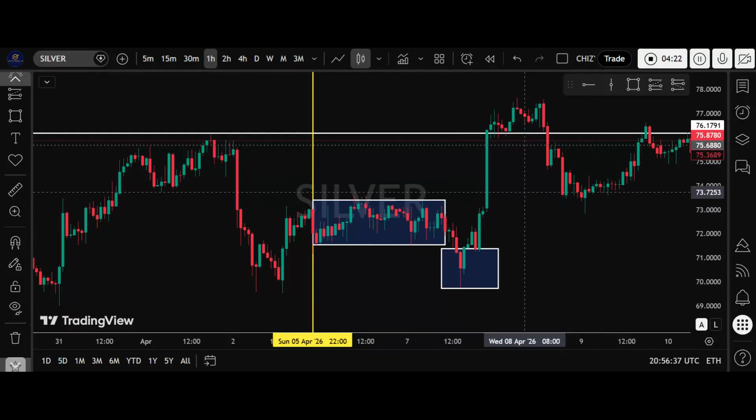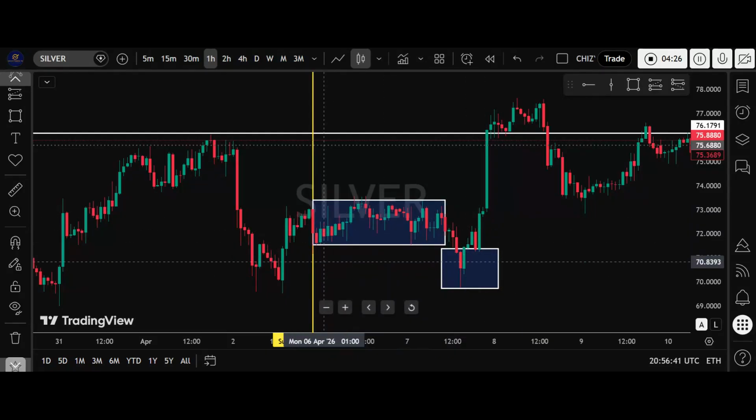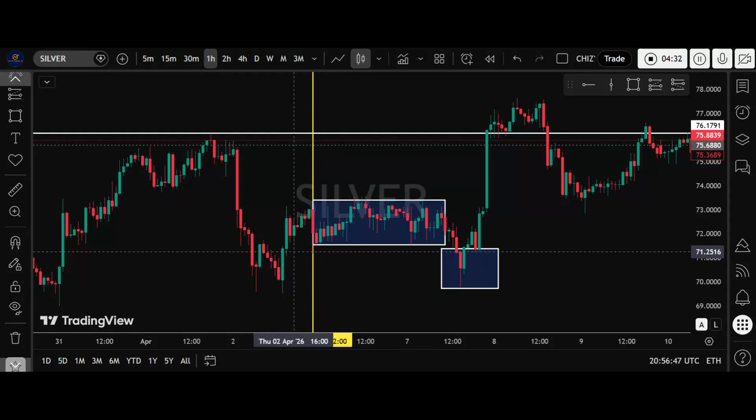So now, how do we know our distribution? Right here. Now, if you understand MSNR to a level, you understand that we can draw out our entry from this point. Okay, that's where price came to also react from. So you could see that from this point right here, price was able to come down to this place and take our entry,